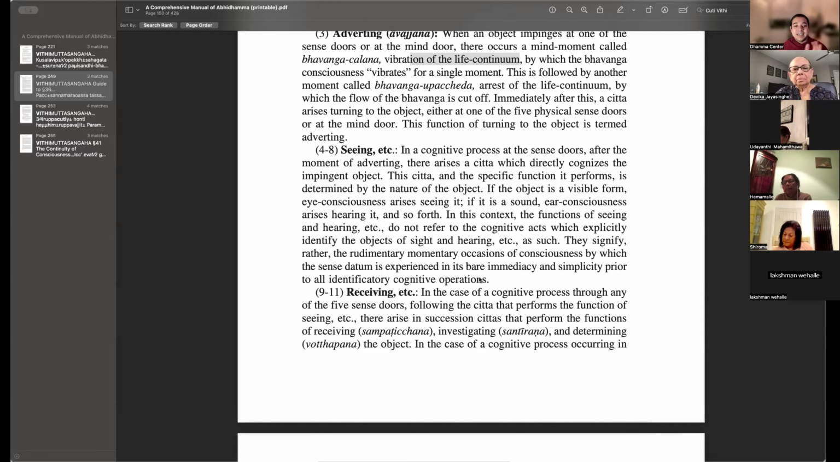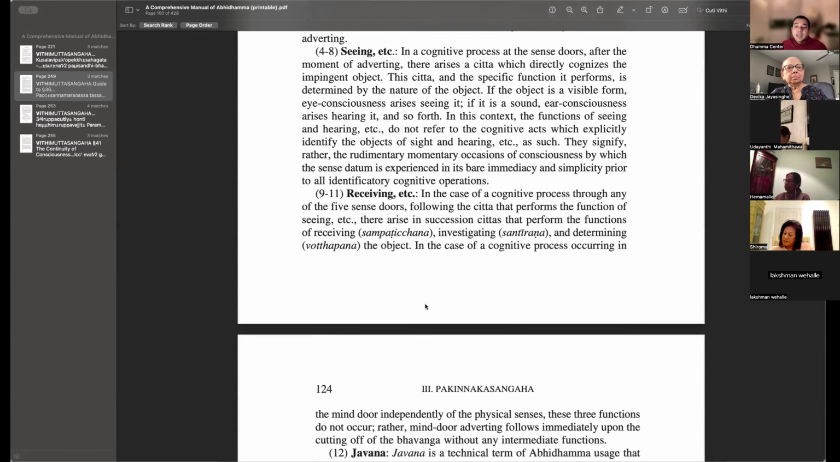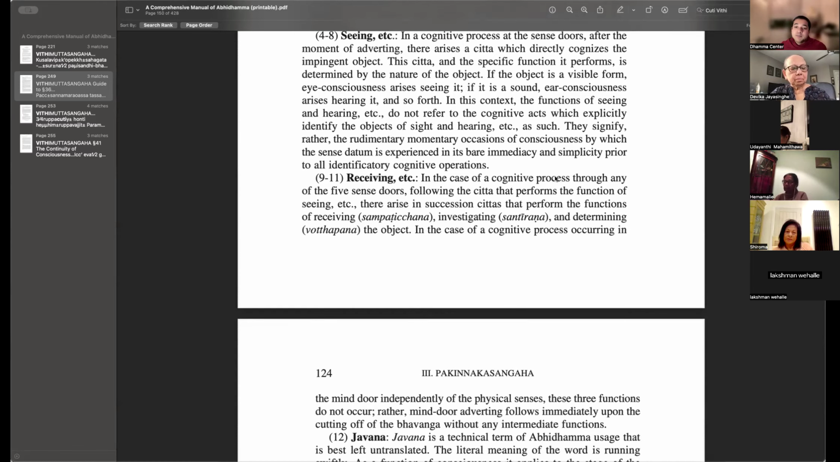Right? Hearing, seeing, so the functions of seeing, hearing, smelling, tasting, and feeling. Right? Now, sampaticchana. In the case of a cognitive process through any of the five sense doors, following the chitta,